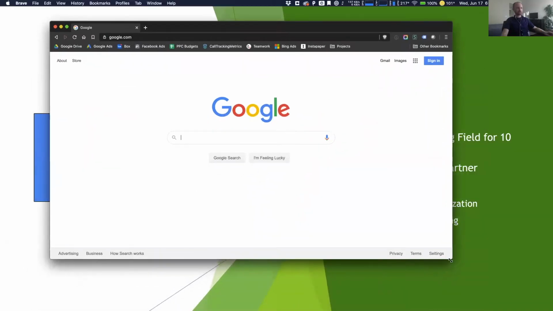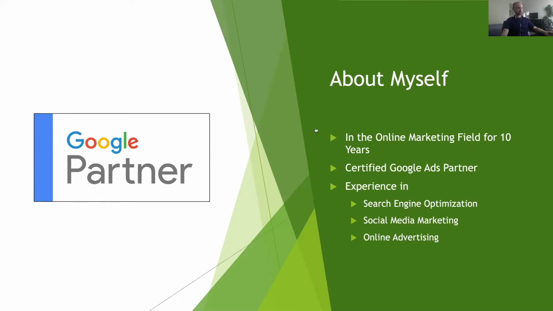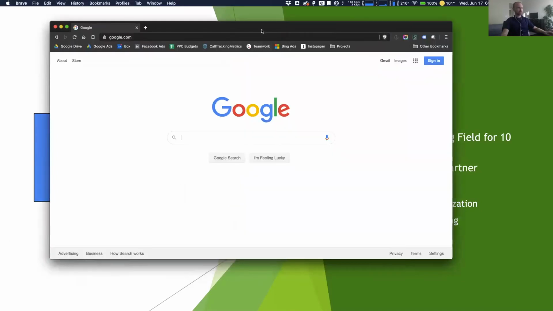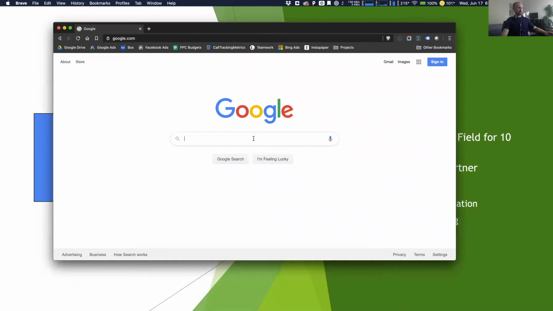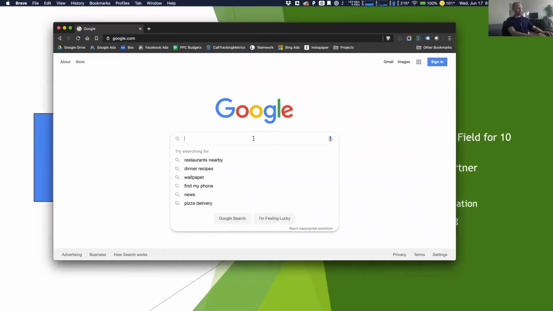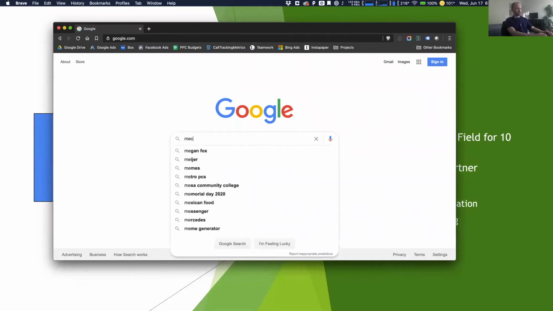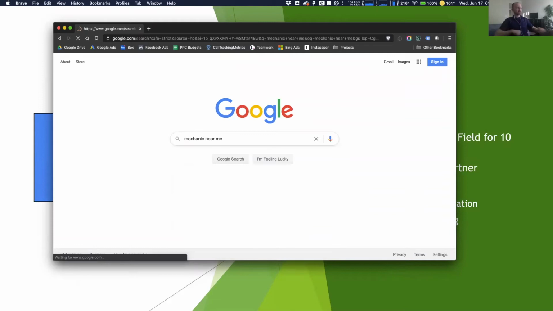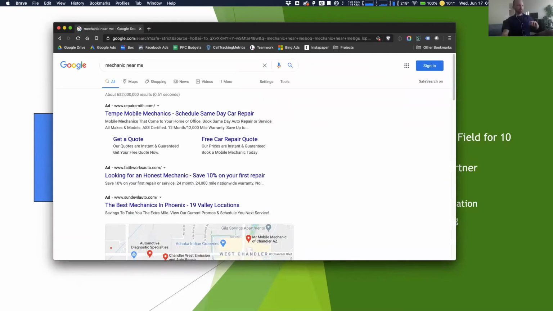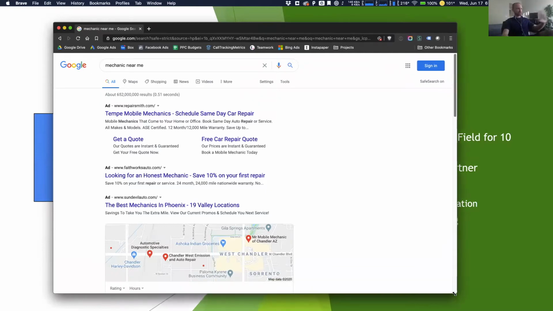So hopefully that's showing up there. And I'm going to do a quick search here. I'm going to do a local search: mechanic near me. And I just wanted to start off with showing just what the first page here